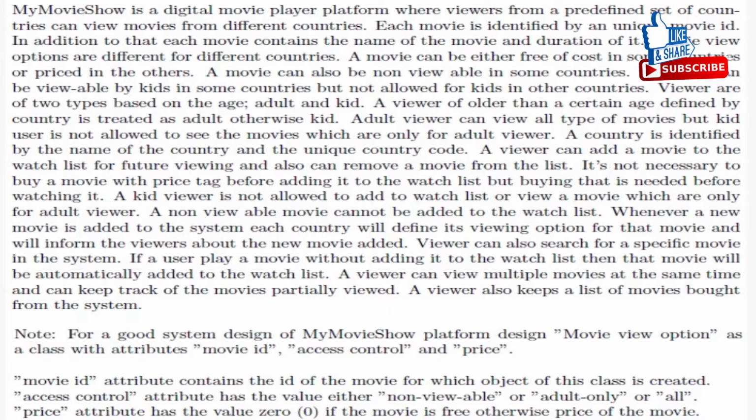We need to do some linguistic analysis. Based on this analysis, we need to identify the classes, key abstractions, responsibilities and attributes. We all know that the nouns of the passage are the classes, but not all the nouns may be classes. Some of the nouns may be attributes. We need to identify them, and verbs completely go to the responsibilities. Let's see one by one. All the 10 questions are from this passage only. So coming to the first question.